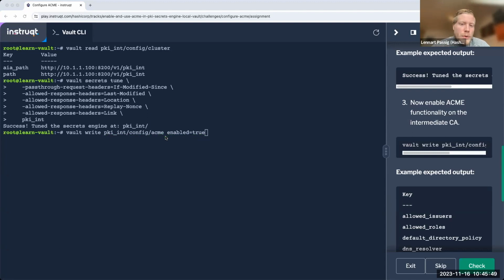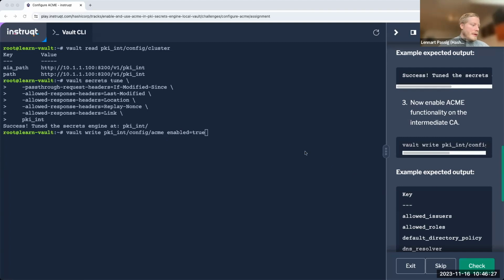If we wanted to, we can go ahead and also set the EAB, the external account binding. We can also configure it here if we wanted to, right? Meaning that we would need an HMAC key and a key ID in order to reference it. We could do it, especially if we have HCP Vault, meaning our cloud offering. This is set to true by default, right? Because it's an external Vault instance. Otherwise, everybody that can just prove a little bit can issue a certificate, right? Which we might not want to do.